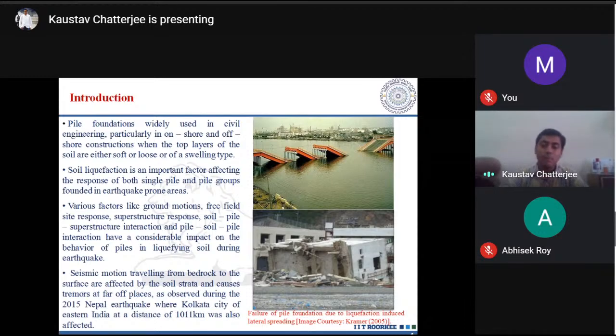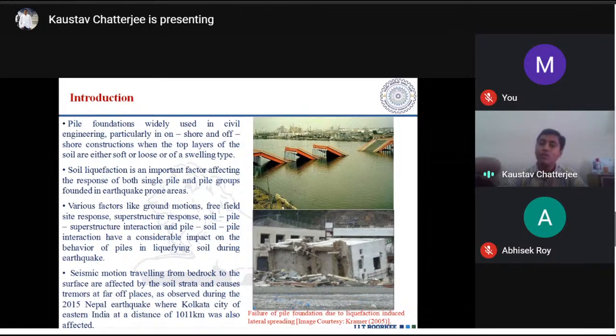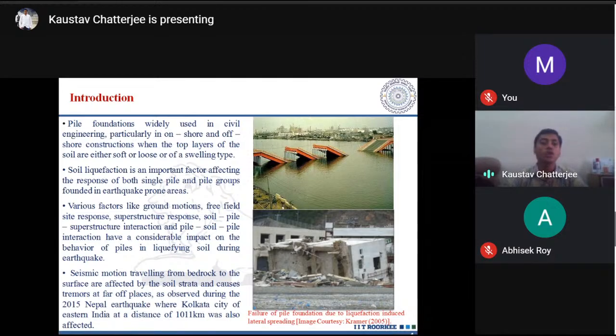Now, if we have these pile foundations in an earthquake-prone area, where the water table is also at a pretty shallow depth, then what will happen? Under this dynamic loading, it will be subjected to soil liquefaction. That is a phenomenon in which a mass of saturated, loose, cohesionless soil loses its shear strength and starts flowing like a fluid under the action of this dynamic loading. Okay, so that's why liquefaction is a very vital condition in any geotechnical earthquake engineering related problems.